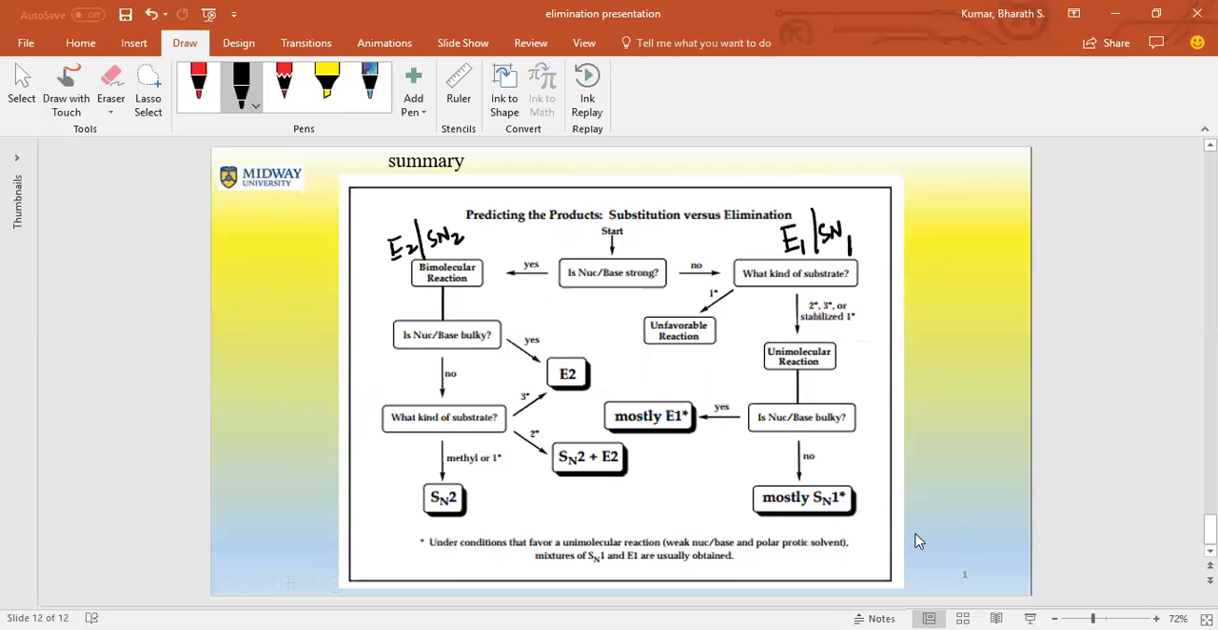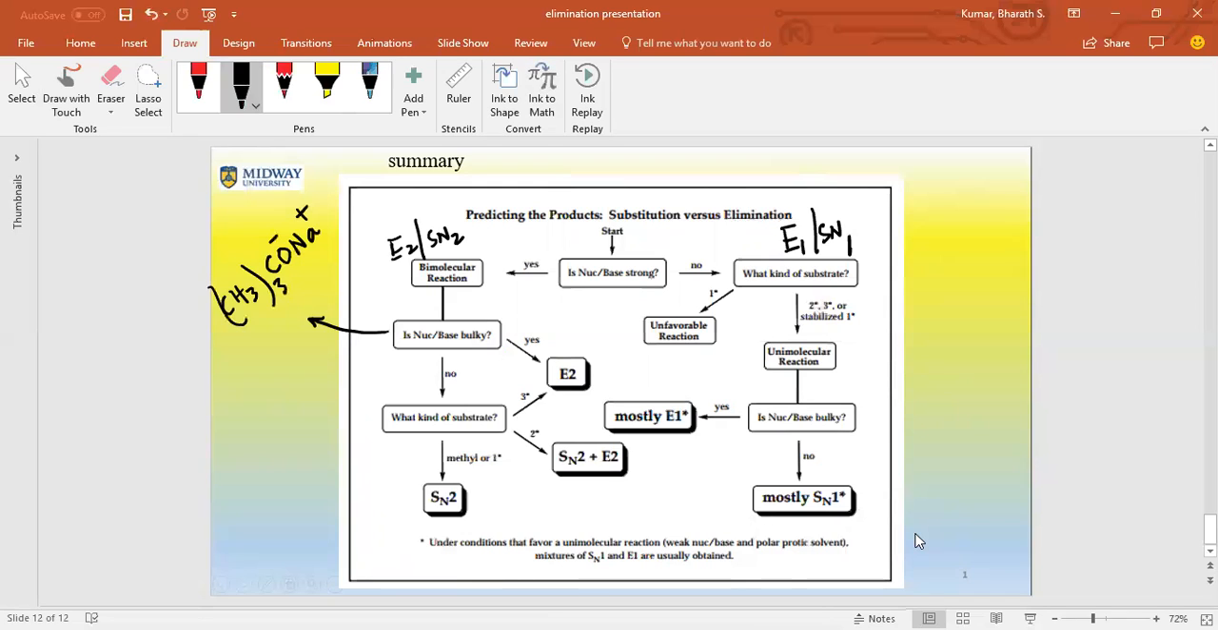And then you go down further in the line: is the nucleophile or base, which is strong, bulky? Okay, if it is yes, that means you go to an E2. If the answer is no, what is an example that I gave you for this? The example I gave you is CH3CONa. And this is negative, this is positive. This is bulky. If it is bulky, that means you go through an E2 mechanism. If it is not bulky,